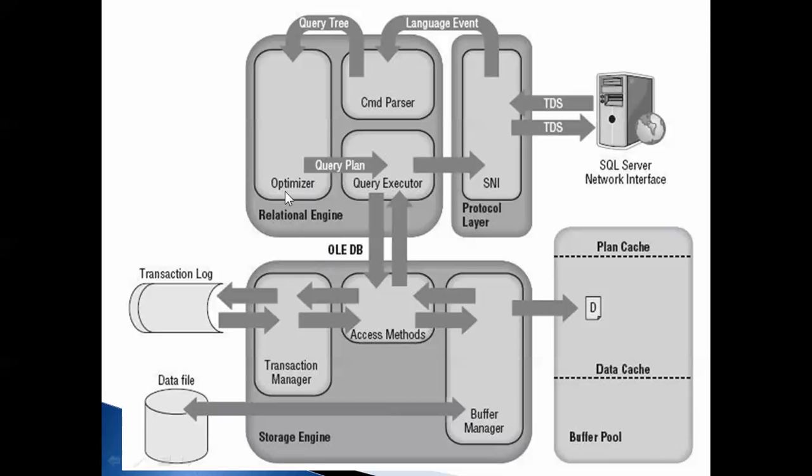Now once the data is available from the optimizer, it comes to the access methods. Now for the same query, a copy of the query goes to your buffer manager and it resides in the data cache where it locks the pages, and along with that